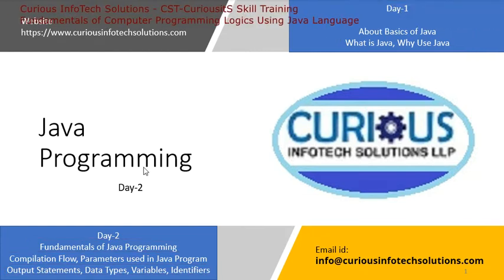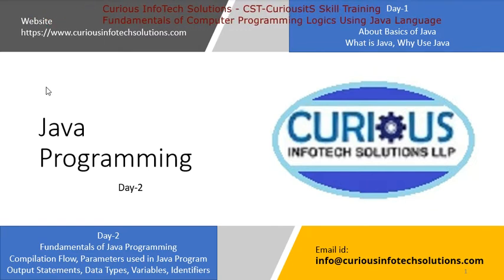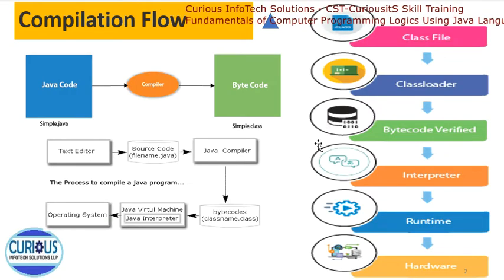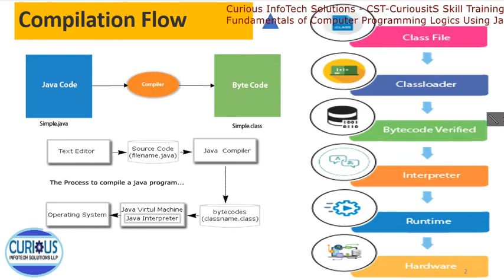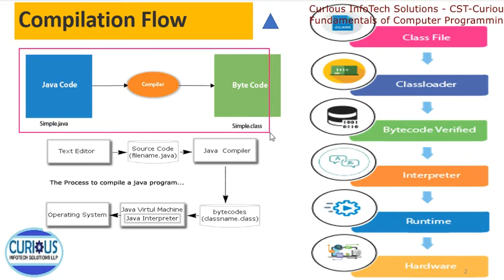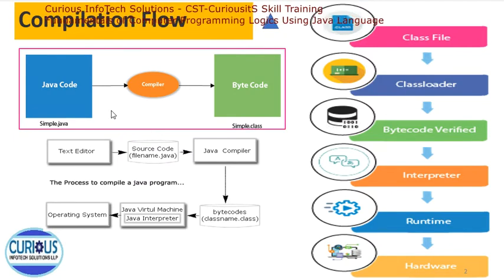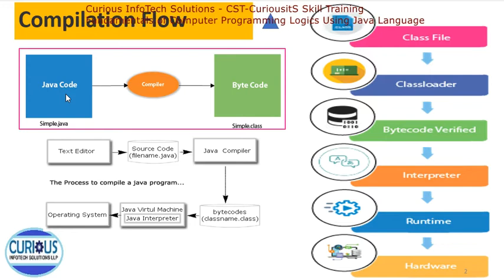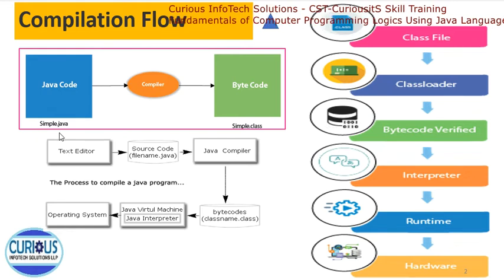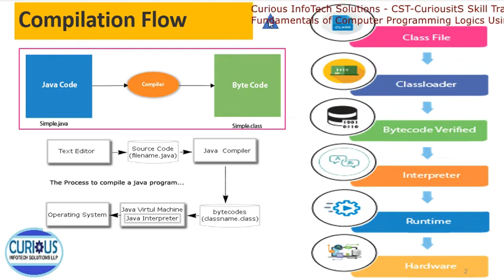Now we will understand very first the flow of Java programming. How we can understand the compilation flow. So here we have first this figure. In this figure you try to understand you have Java code, and the name of this source program is simple.java, and this simple.java basically